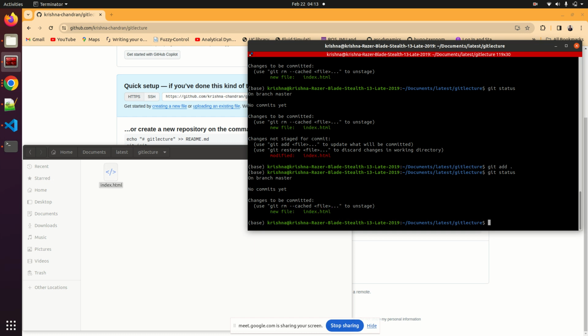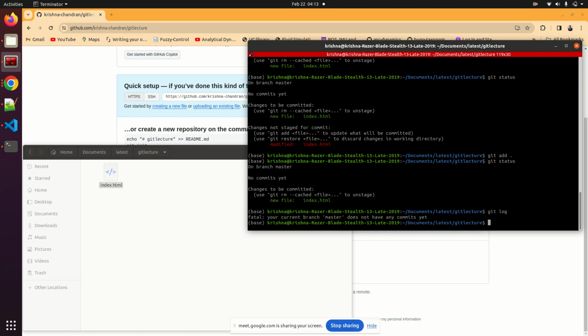Okay, there is another helping command called git log. Your current branch name, master branch, does not have any commit yet. That means we didn't start any commit, right? So git log will give a history of all the git commits. Now committed. If you want to give a quick commit, you can add messages here, but I would suggest